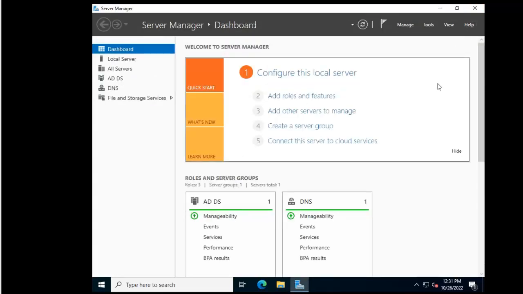So this is all about the installation of Active Directory Domain Services and configuring the domain controller. There are a lot of components like DNS and DHCP, and those will be coming next. For now,